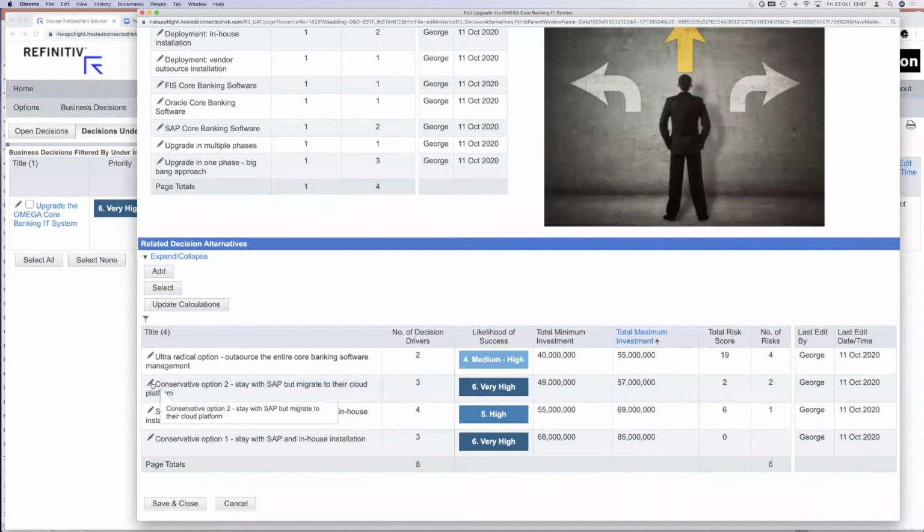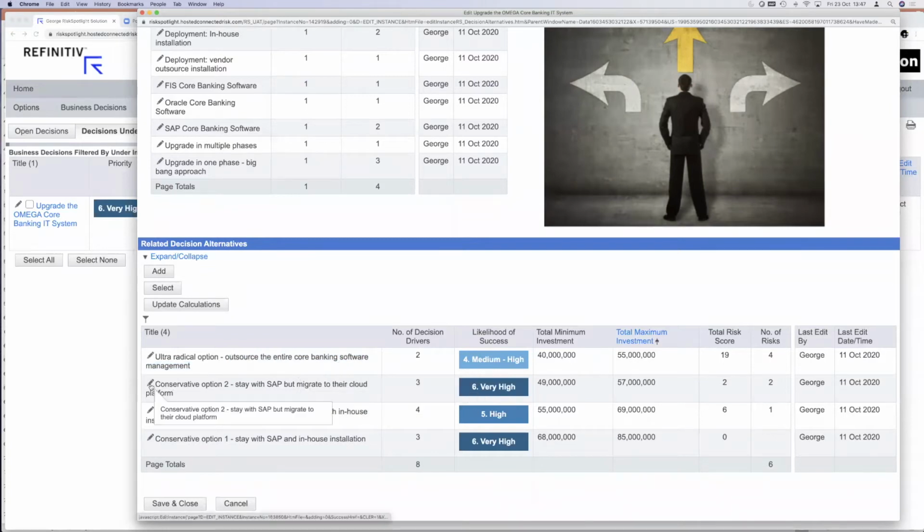So in this case, we've created an alternative, and I've called this a conservative alternative, because when you're considering your decisions, you want to look at your conservative alternatives, which means those are the very risk-averse type of alternatives, but you may want to also consider some ultra-radical option. And as part of decision-making, you should use that opportunity to think outside the box and see, okay, can we do anything different this time? And that's where I've created an ultra-radical option where we will just outsource the whole thing to a vendor. So we don't have to worry about maintaining and managing that core banking system at all.